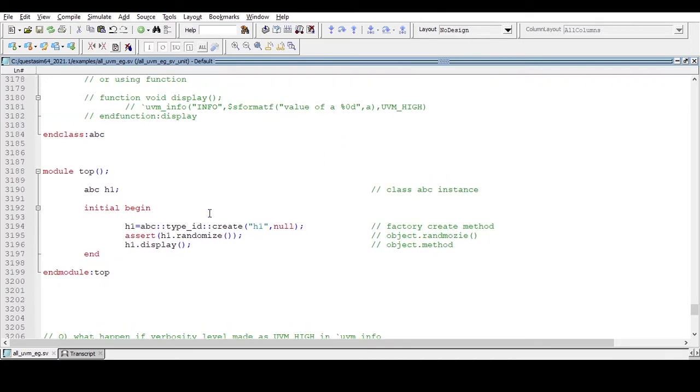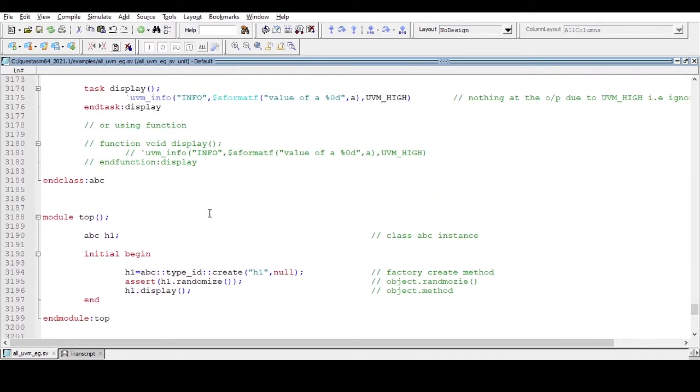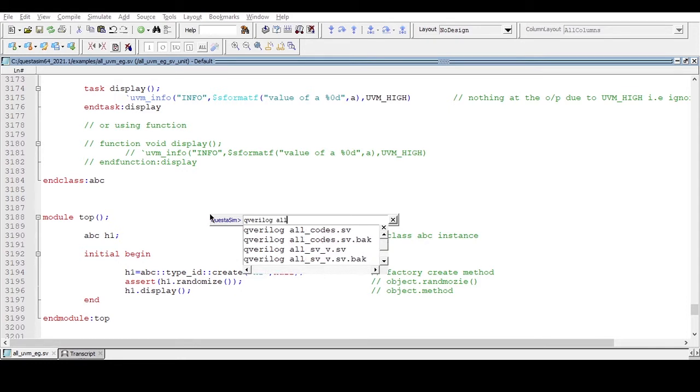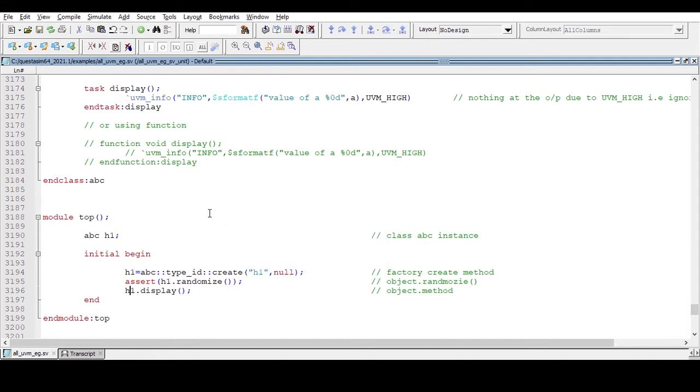Now we will run this code and see what output we get. For that, go to the transcript and write a one-line command: qverilog file name, and the file name is all_uvm_example.sv. Enter, and after that we will get the result. Wait some time.